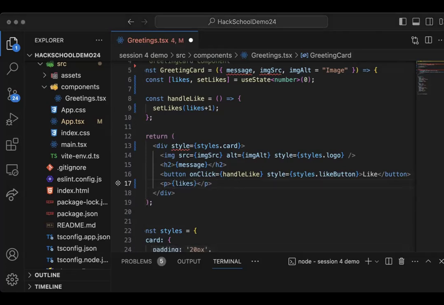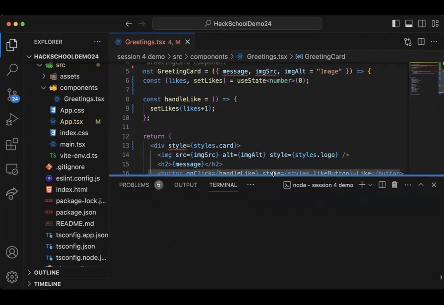Okay, I believe that should do it. And so if we were to run this again,